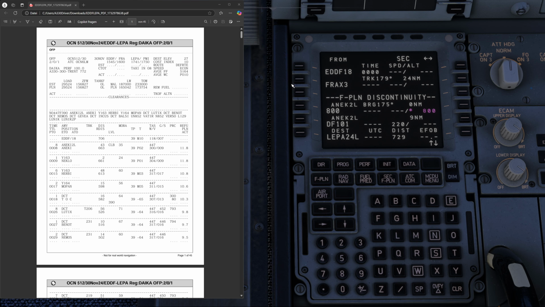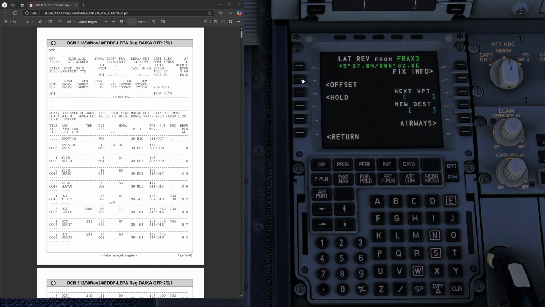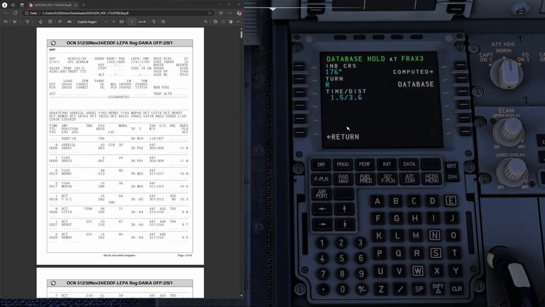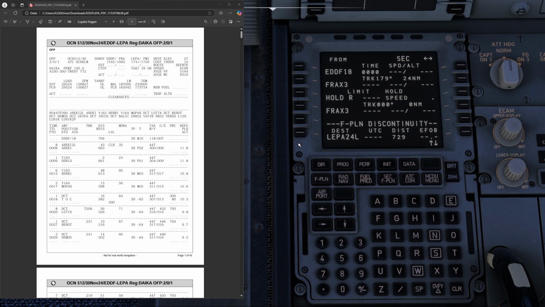Next up, we want to create a holding at that point. So we go to the lateral revision of that waypoint, then we press the hold key, and over here, by default, it will have holdings in the database, and at this waypoint it's got 176 right-hand turns. The only thing we need to adjust is the timing, as we by default want 1 minute leg times below 14,000 feet. So after that is inserted, we hit return,